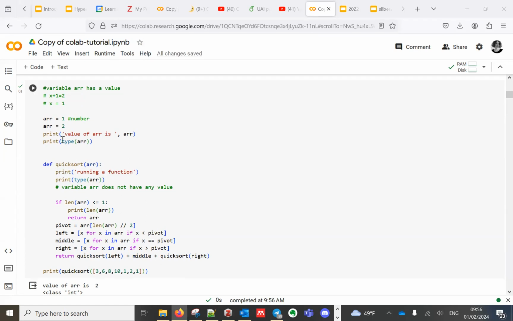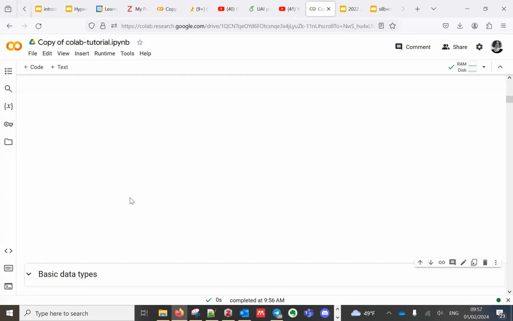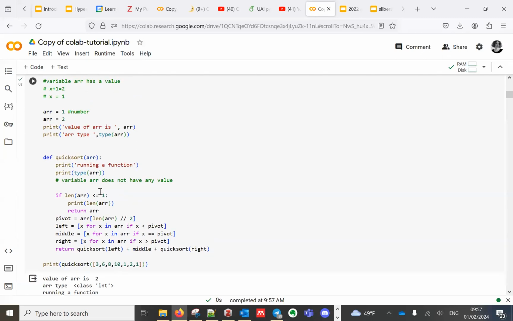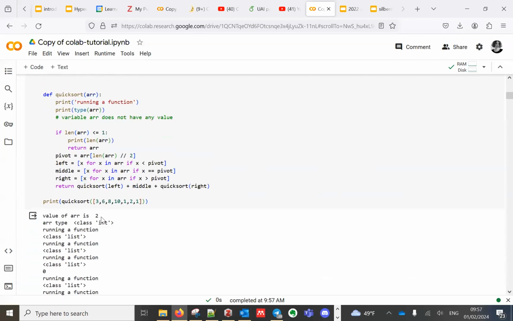So we are asking to print the type of the variable ARR. And we will see that the ARR type is int, or integer. Integer is just numbers. I see that somebody raised a hand.